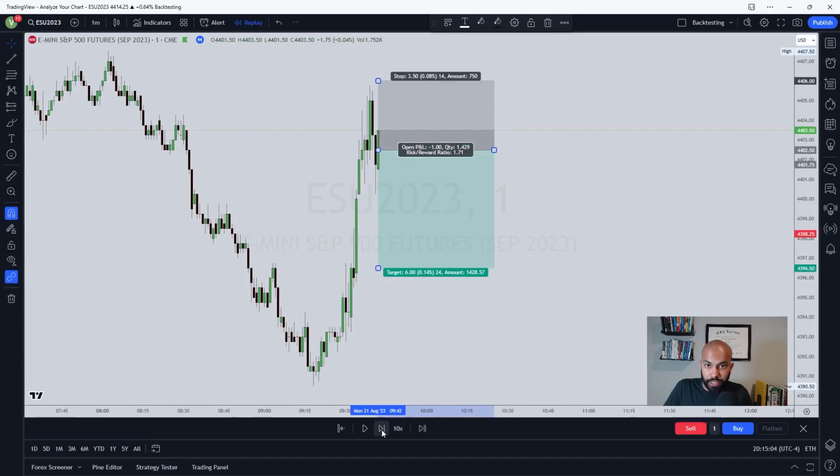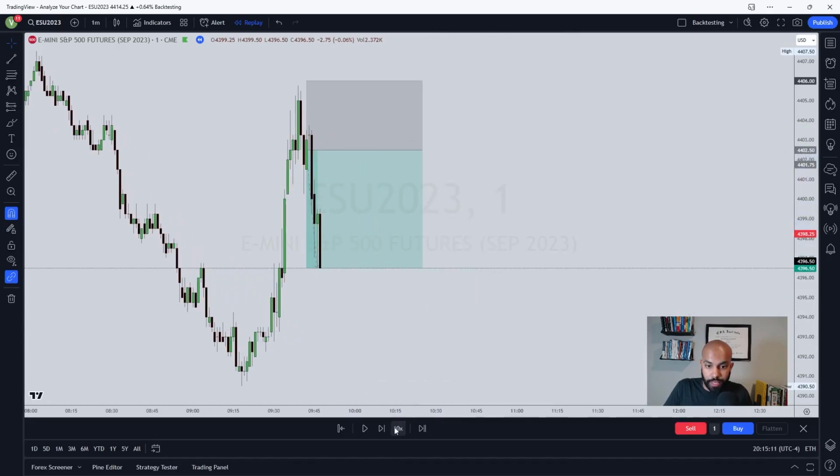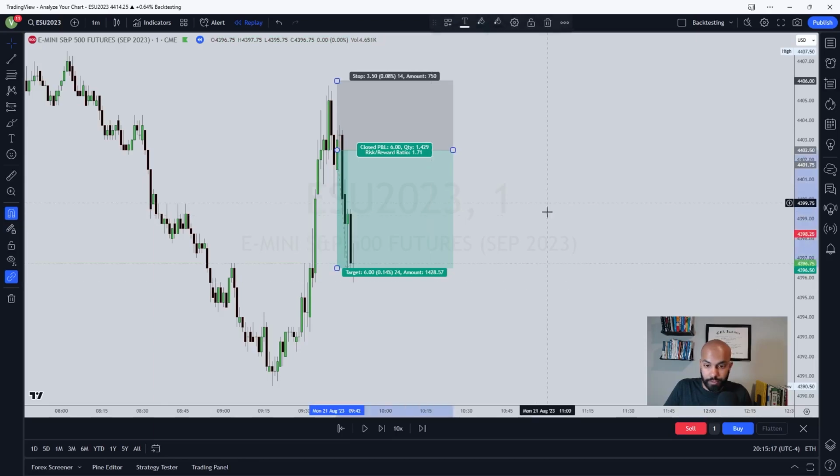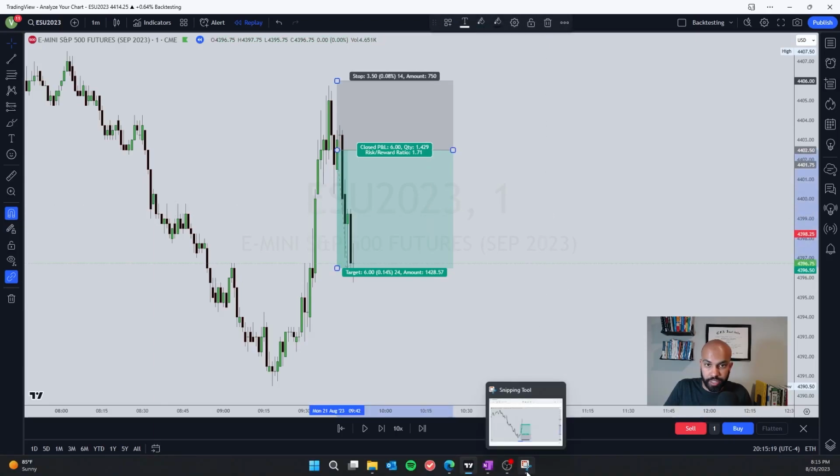Let's see if we get filled. Okay, we got tagged in. Well, it's to the tick. Wow. But let's see. There we go. Now we got the fill. Okay, well, so far this is already performing better than waiting on the higher time frame bias. Wow. So we screenshot that,